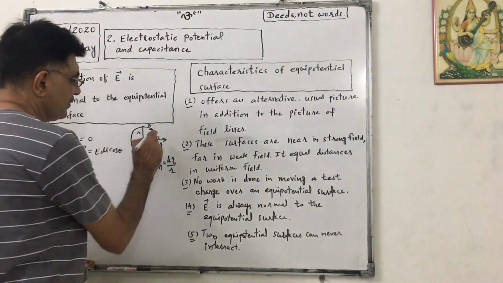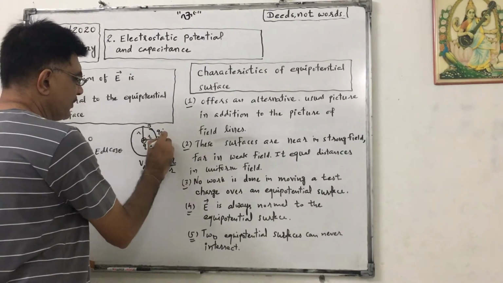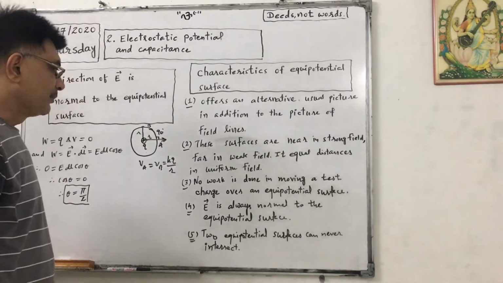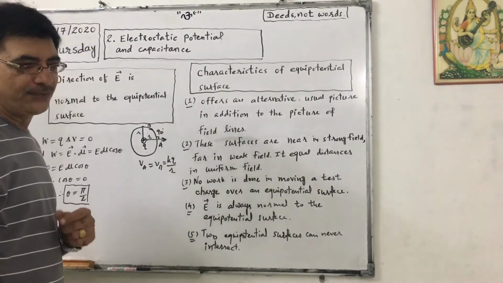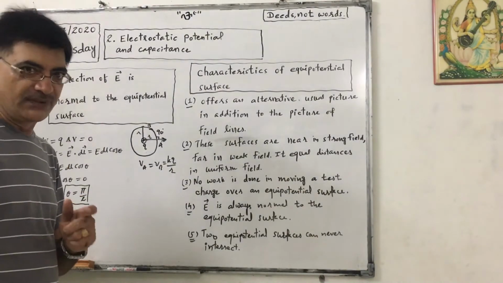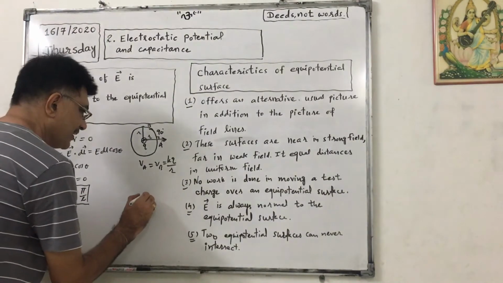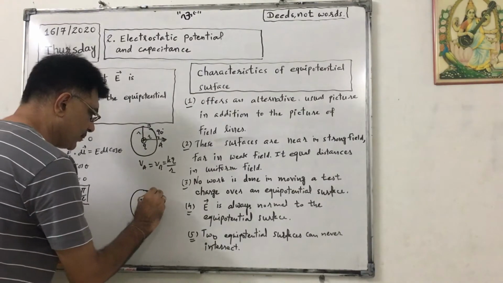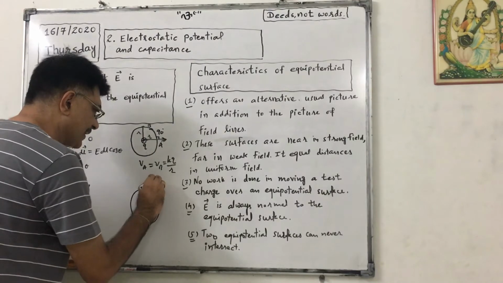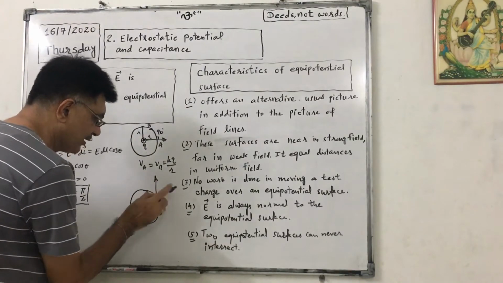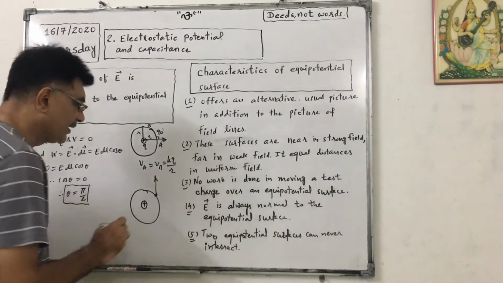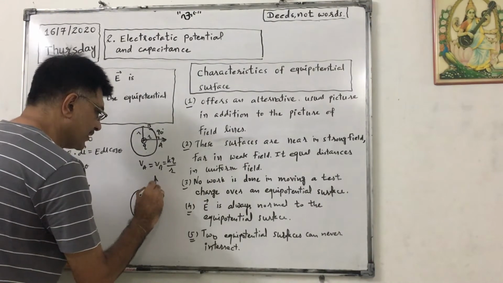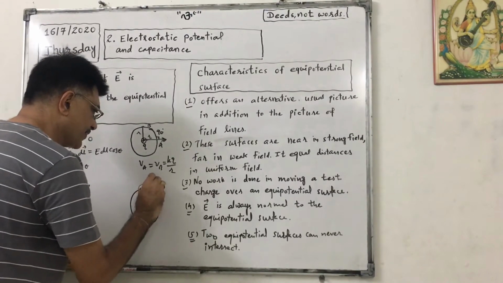On equipotential surface, electric field is perpendicular to the surface at every point. That we have mentioned yesterday. But let us assume that if electric field is not perpendicular to the surface, then what will happen? That is not the case, but let us consider like that. Suppose here electric field is in this direction. We know that actually it is in this direction. But if we consider like this, in that case, this electric field will have two components. One component this direction and another in this direction.